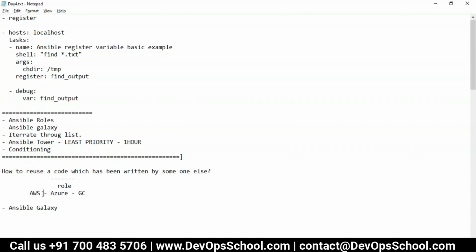Mostly AWS and Azure. Okay, we don't use GCP as of now. So I will use AWS or Azure during the demo, and I'll use this one with the dynamic inventory.